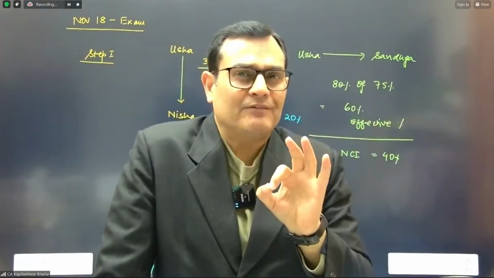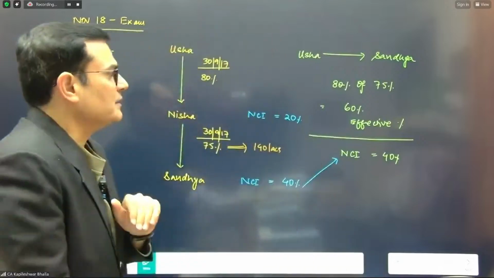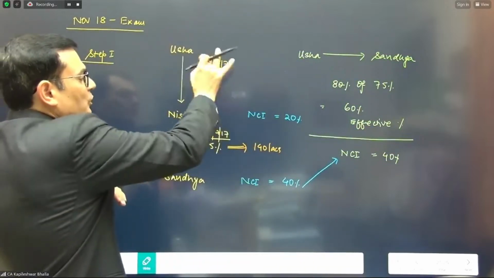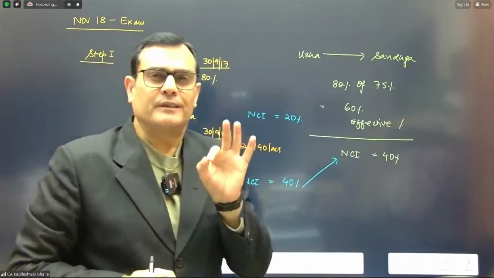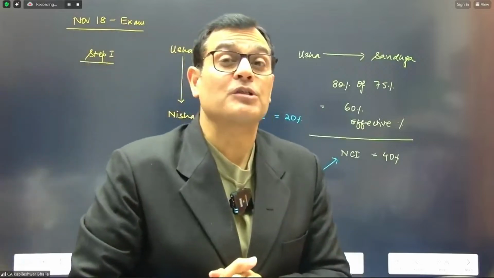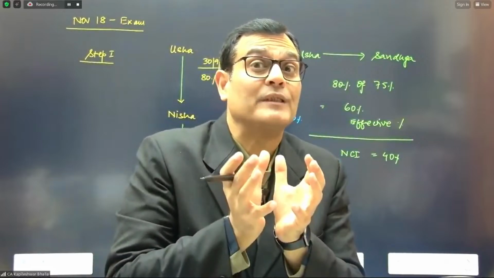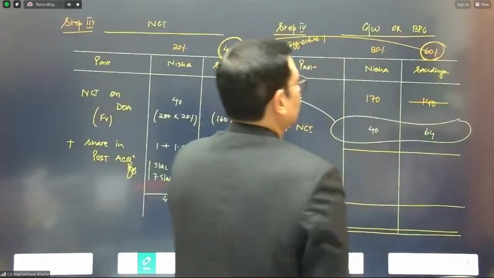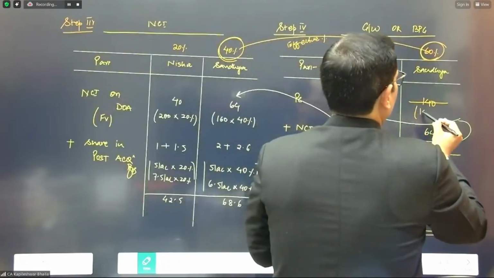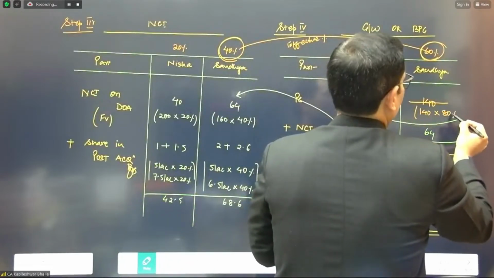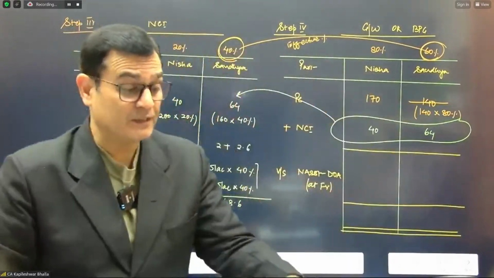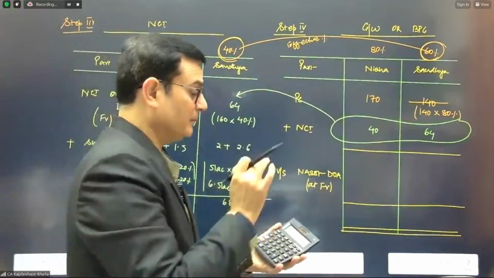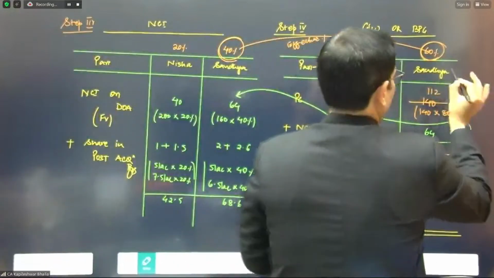Since we are considering everything on a 60-40 basis, we need to consider that Usha has indirectly invested 80% of 75. So this 140 is the cost of 75%. We need to take only 80%. So we go back, and in this particular calculation, we are going to consider 80% of this as a part of the goodwill calculation. So 140 into 80%, it comes to 112.